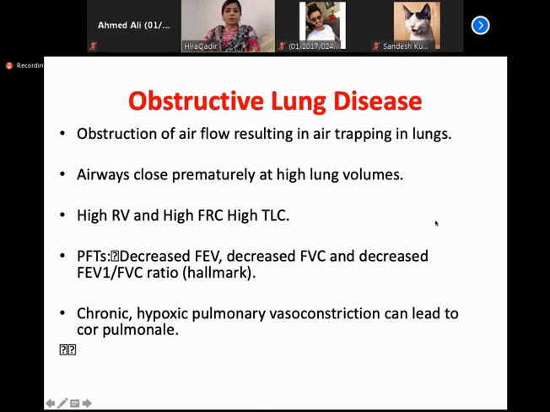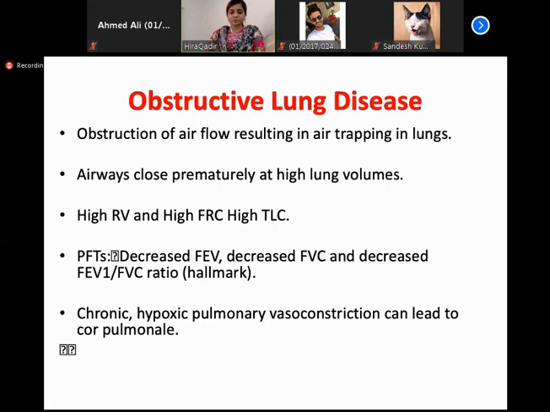What are obstructive lung diseases? Obstruction means something is trapped in the lung which doesn't allow the air to come outside. So there is obstruction of airflow resulting in air trapping in the lung. Whenever there is air trapping, there is volume trapped in the lung, so residual volume is increased and the lung has high volumes. That's why in obstructive lung diseases, there is high residual volume, high functional residual capacity and high total